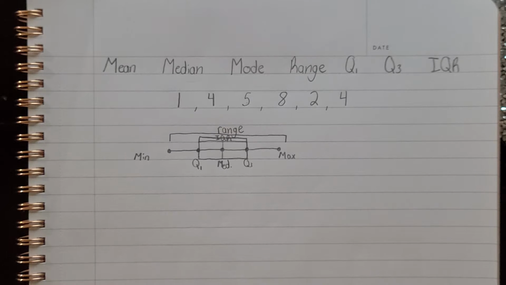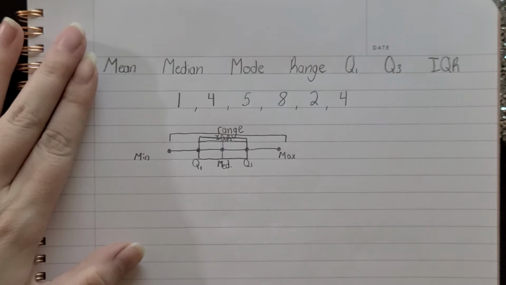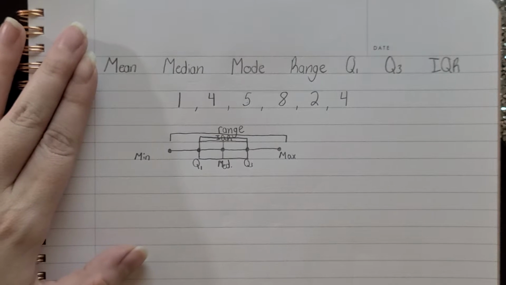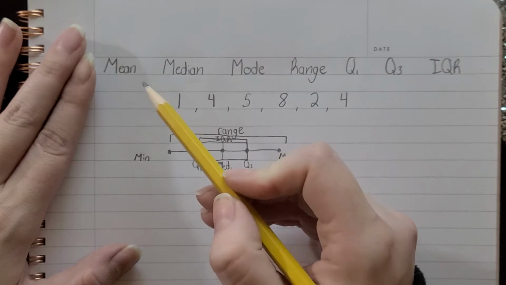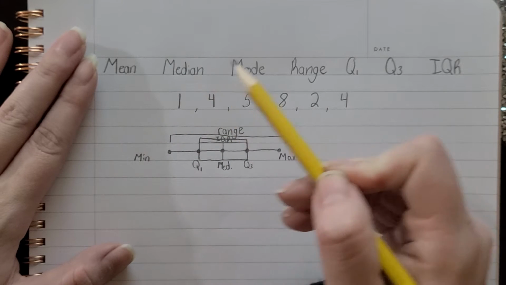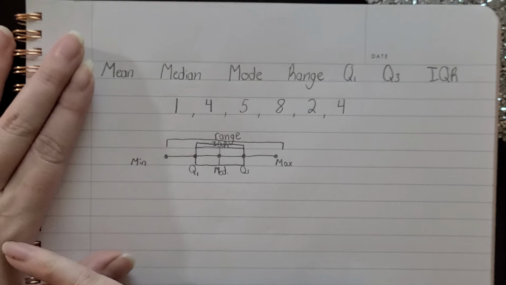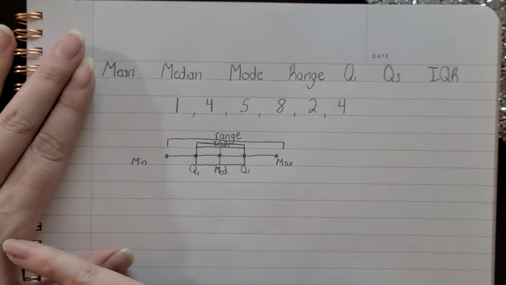But let me tell you why it's so important that you get comfortable with this. Because you will have your formula chart for things like area and volume formulas. You will have your formula chart for things like converting measurements. Okay, it has those little tips and tricks. But it does not come with definitions of mean, median, mode, range, Q1, Q3, IQR. You will be asked about each of these on your test, or most of them. They get to pick and choose what they're going to test you on each year, but you're responsible for knowing